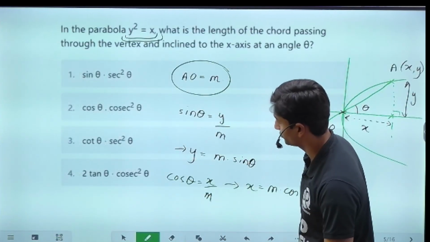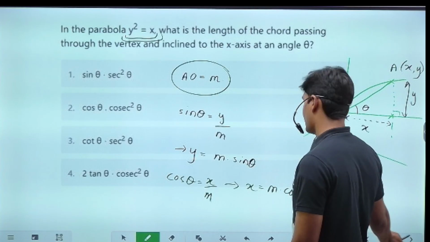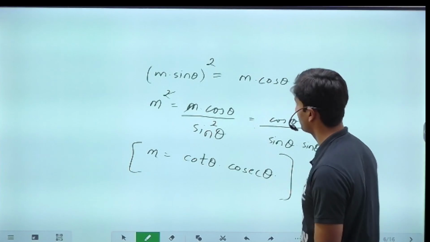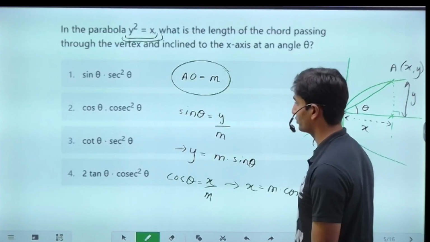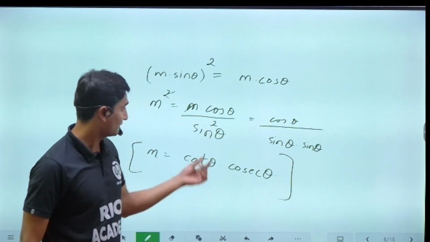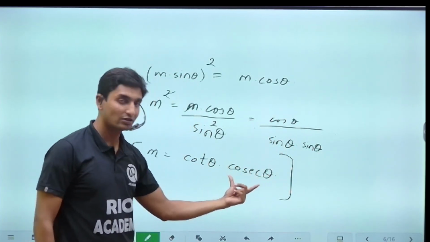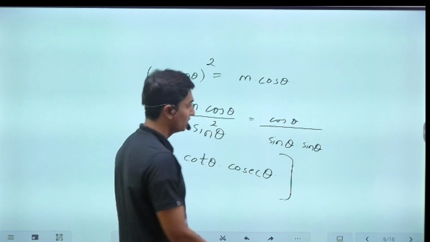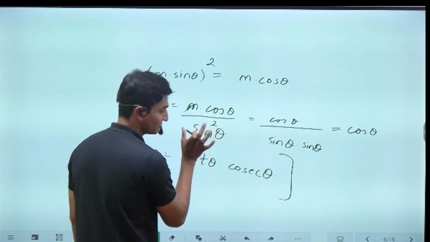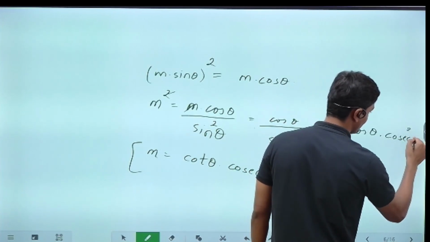Which option here? No option at all. Okay, cos theta into cosecant square. Option number second one, cos theta into cosecant square. Why? Because see here, guys, cos theta upon sine we have taken to be cot, and 1 upon sine we have taken to be cosecant. But here basically, cos theta as it is, cos theta, and 1 upon sine square, reciprocal of sine is nothing but cosecant. So 1 upon sine square is nothing but cosecant square theta.